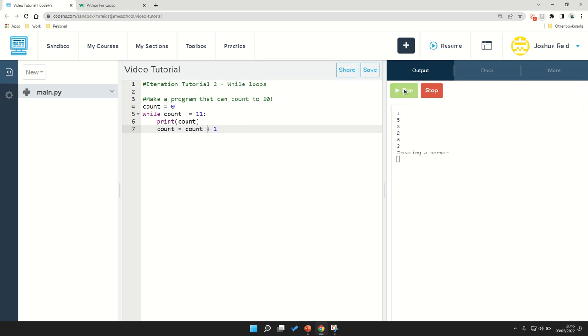So I'm going to run my code now. Once it's connected to the server, you can see my while loop is going to count all the way up to 10. Now as soon as count becomes 11, so when it's printed 10, it will increase count to 11. As soon as it becomes 11, it stops looping because that condition is now